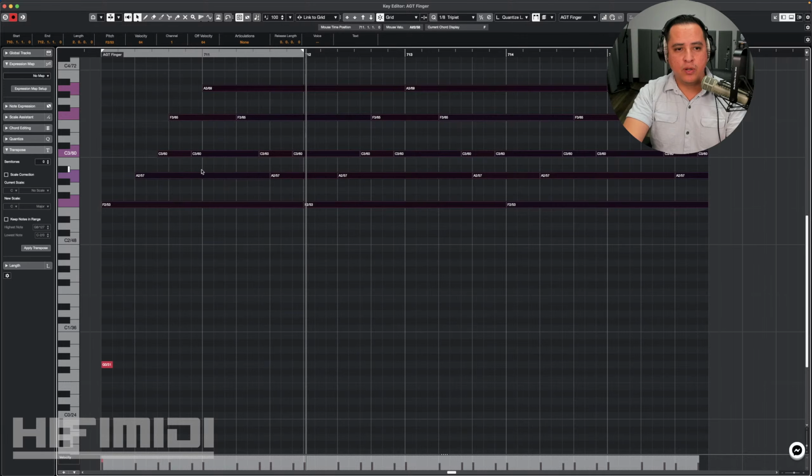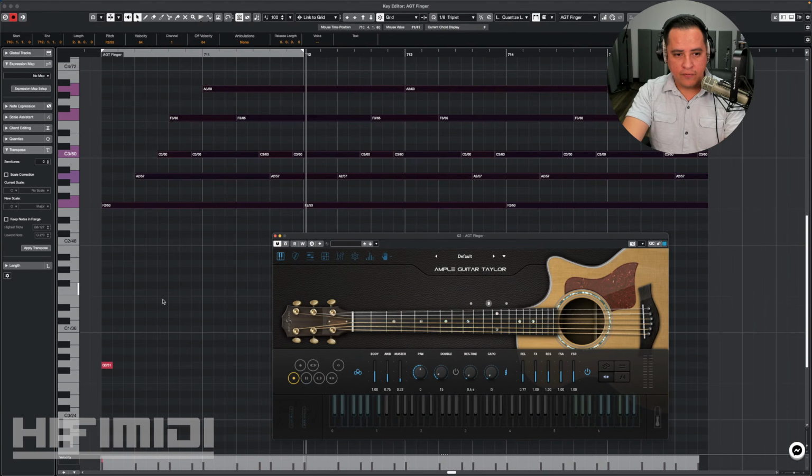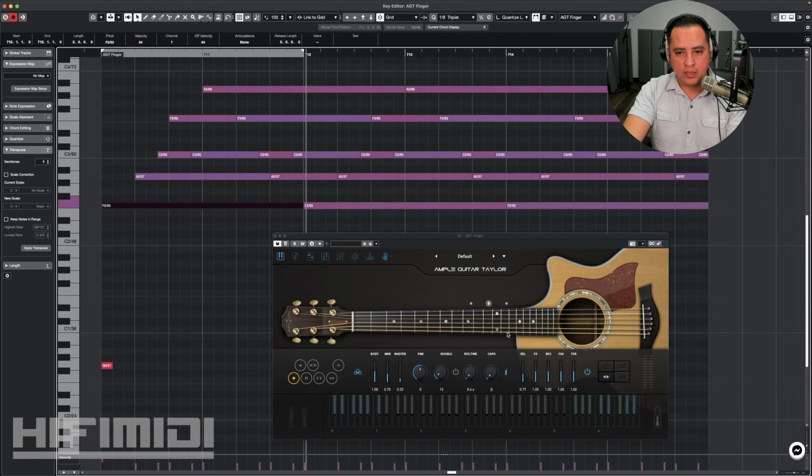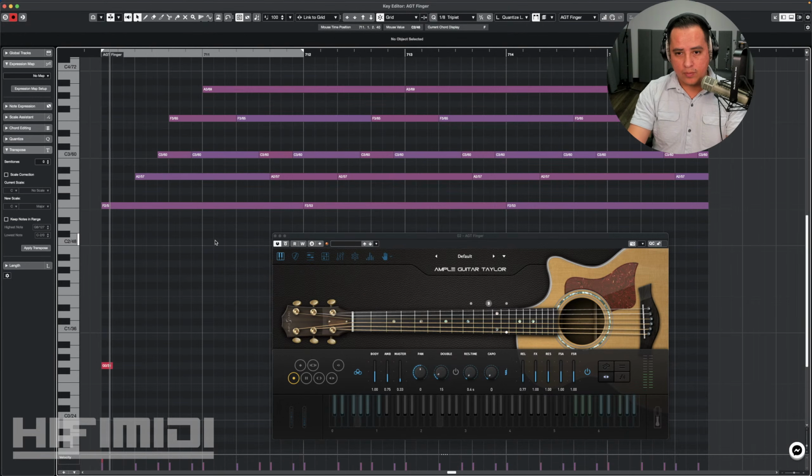So when you transpose your chord, let's say you have a MIDI file and you want to change the key from C to F, you're going to drag it upward to F. However, this is going to be affected by this 4-string key switch that I mentioned earlier. So we're telling it to start on a specific string. You need to be careful with that and make sure that you're playing the right F. For example, this F right here, see how it's being told to play on this string. You might want that,